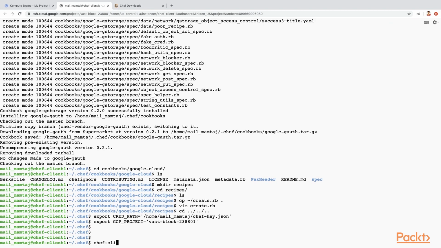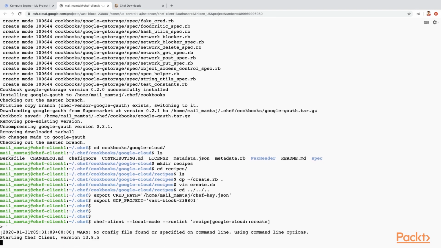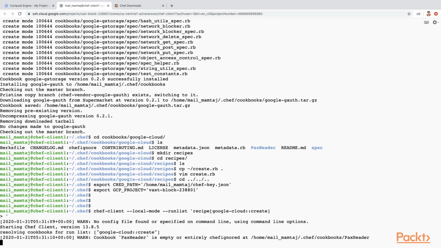We will execute the Chef client run. It would be executing in local mode and we would provide the run list which we wish to execute on that particular machine. So here we are providing the cookbook name as google-cloud and the recipe name as create.rb. I'll close the code and begin the execution of this Chef client run.